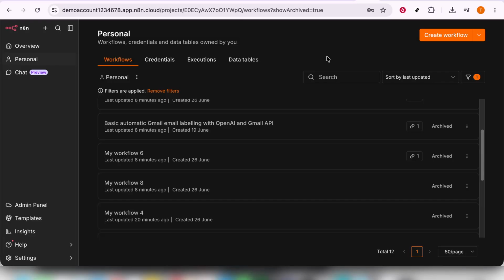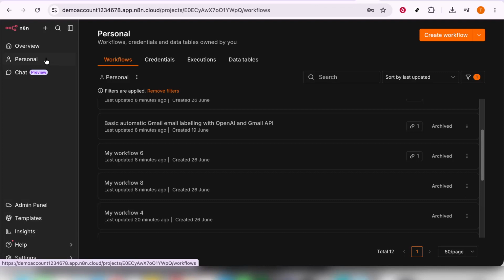Now that you're in the Personal section, the next step is to proceed to the Workflows tab. The Workflows tab is essentially the heart of your n8n workspace, where all your workflows are listed. Clicking this tab will provide you with a comprehensive list of all the workflows you've created or are part of within that category. This step is crucial as it allows you to manage or edit or delete workflows from one